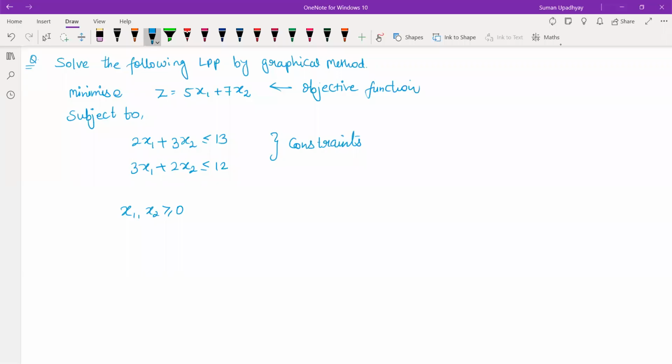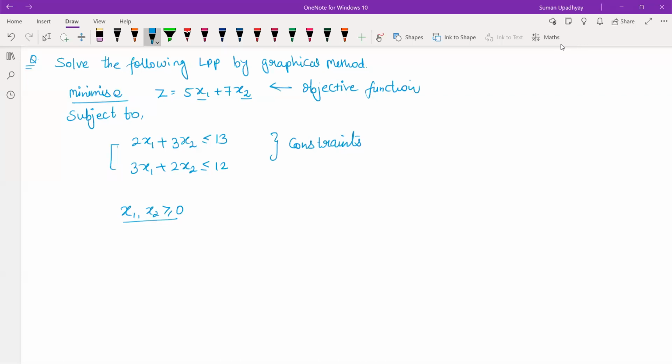Okay, so today we are doing LPP to solve it graphically. You can see in the objective function there are two variables x1 and x2, which are known as decision variables, whose values we have to find out by the graphical method. So we are going to find the values of x1 and x2 using the graphical method. The minimize thing is also there. Subject to the constraints, these inequalities are called constraints, and this is the non-negative restriction on the decision